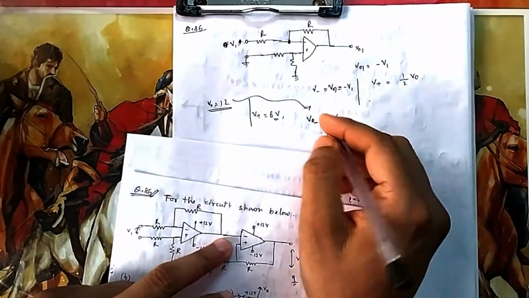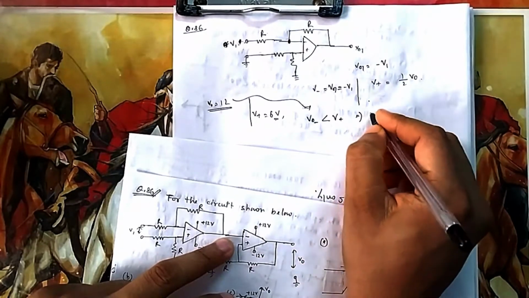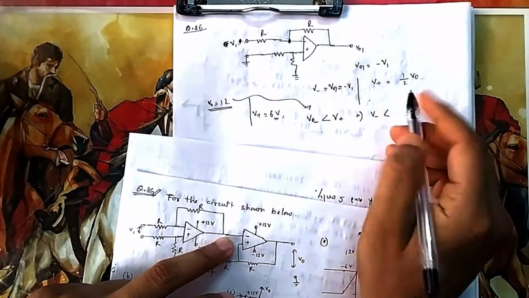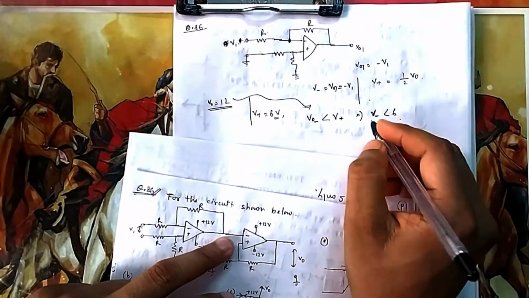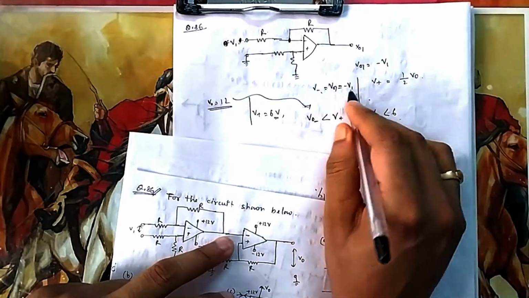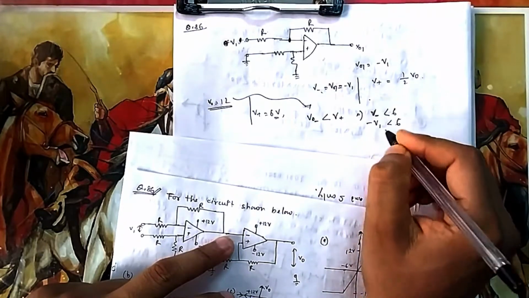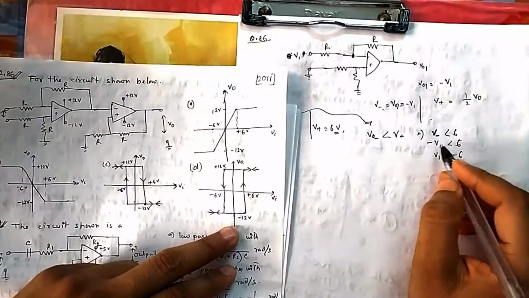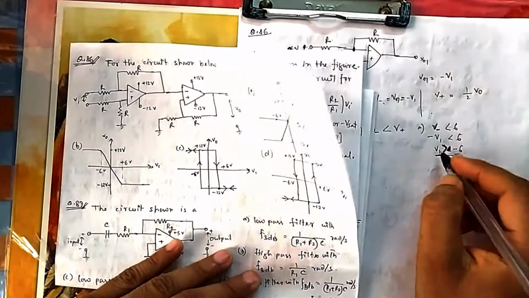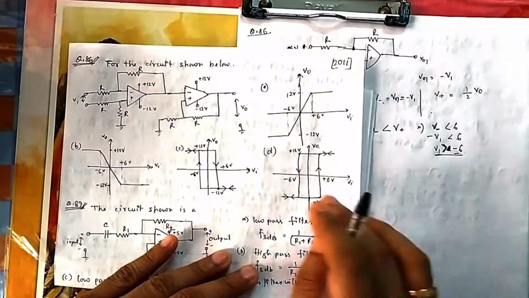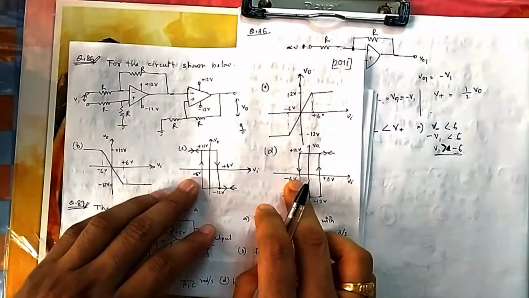Okay. So that implies my V negative should be less than V plus, which is 6. And what is V negative? V negative is minus V1. That should be less than 6. Because I am multiplying with minus, the inequality will change. V1 is greater than minus 6, then there will be a transition. So you can see here also there is a transition.